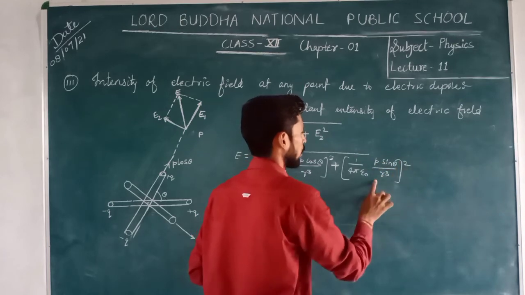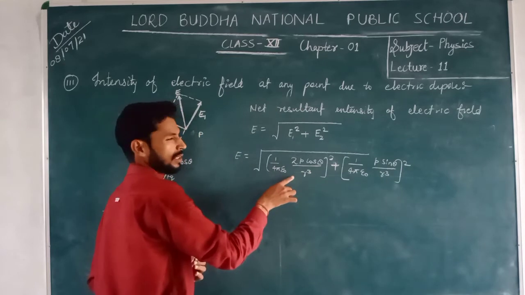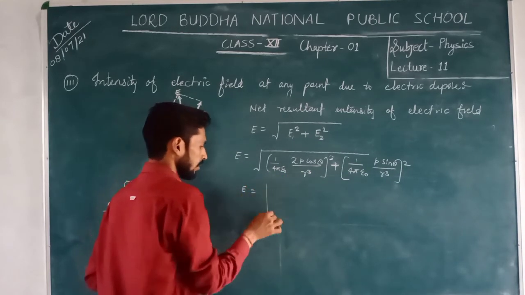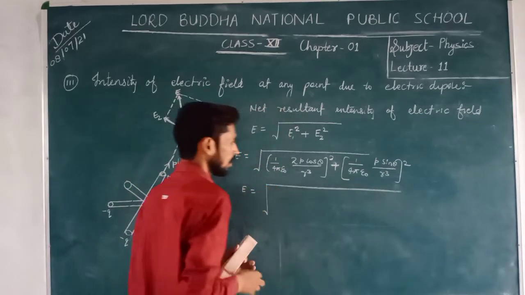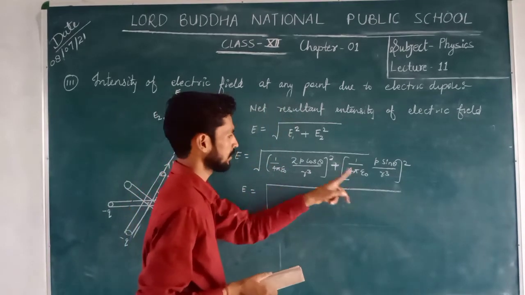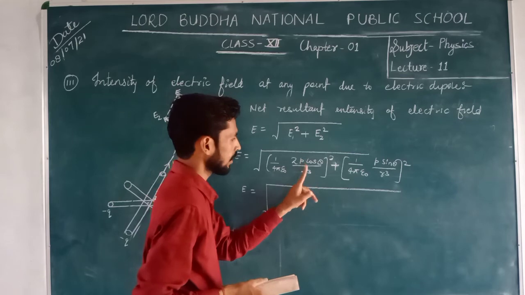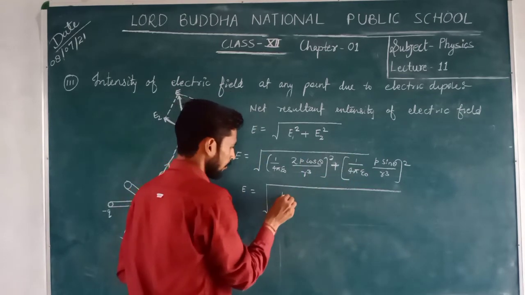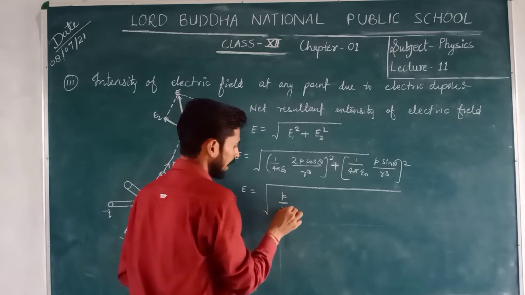That is for the equatorial position and this will be for the axial position. So we can see clearly, equals to square root of, in both the terms p upon r cube is common. So we can take here p upon r cube